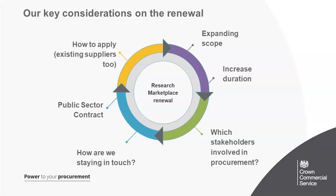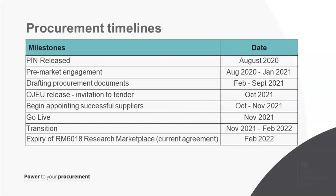So the next slide I'm moving to will show you the procurement timelines. Obviously you'll know the PIN was released in August, that's how you found us. Pre-market engagement continues sort of January to February time. The procurement documents will be drafted throughout the middle of next year, ready for the ODU release, and that is when this particular procurement will be live for you to apply, and